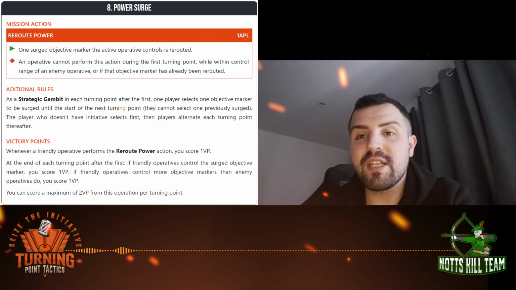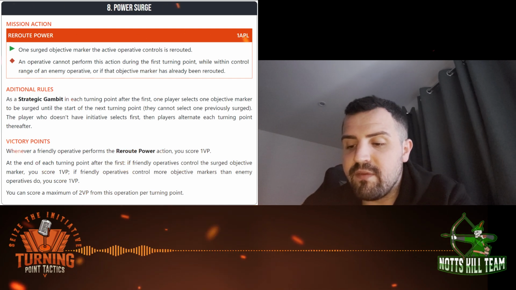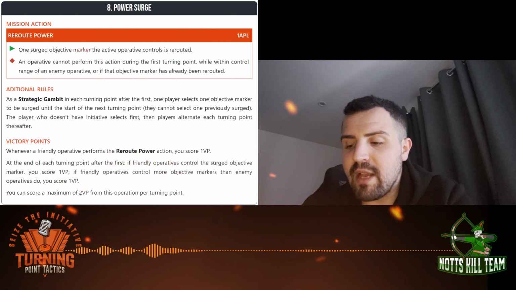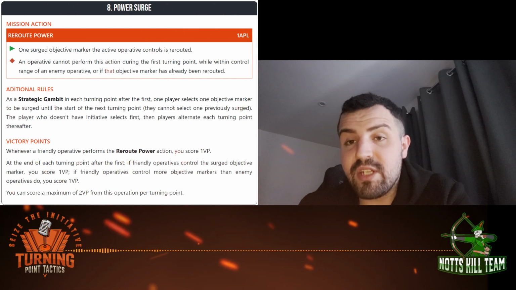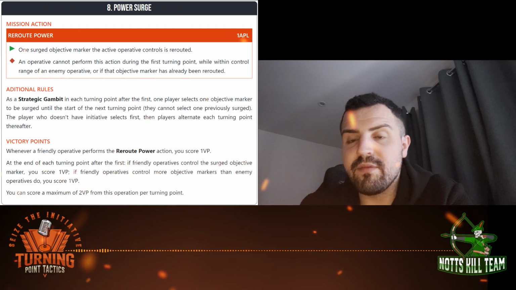So as a strategic gambit, so like a strategic ploy, in each turning point after the first, one player selects one objective marker to be surged. Until the start of the next turning point, they cannot select one previously surged. The next player who doesn't have initiative selects first. So the player who doesn't have initiative selects first, then the players alternate each turning point thereafter. All right, so